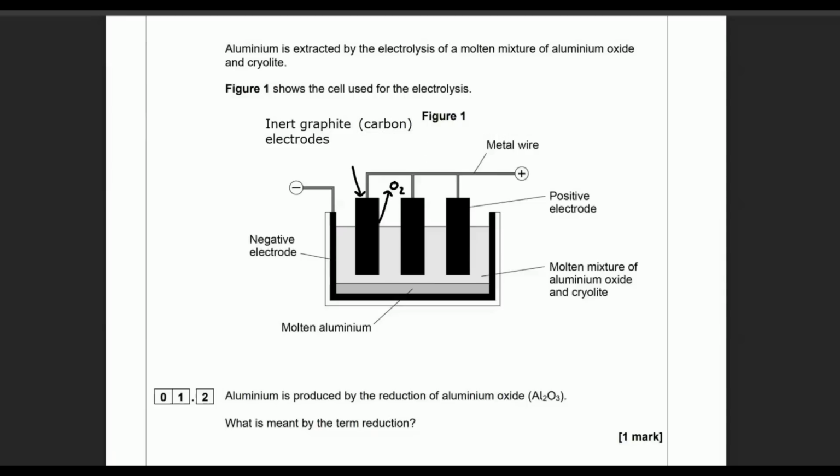As the oxygen forms, it reacts with the carbon atoms in this reaction. So the oxygen getting produced at the positive electrode is reacting with these carbon atoms that are in this black rectangle in that electrode to make carbon dioxide. So actually our solid electrodes are slowly wearing away as the oxygen gas reacts with the solid carbon to form carbon dioxide. And so we just need to smash all that down in the question and pick ourselves up 3